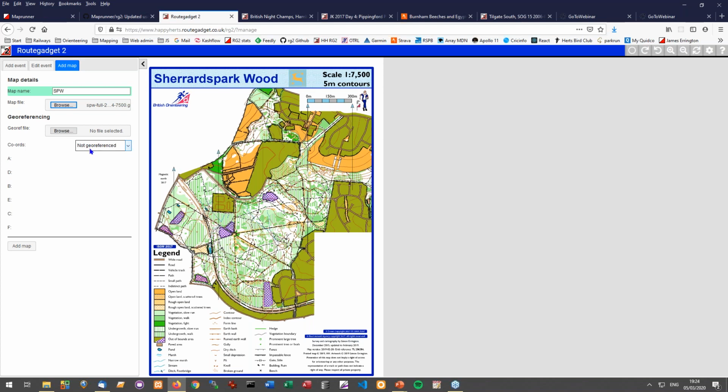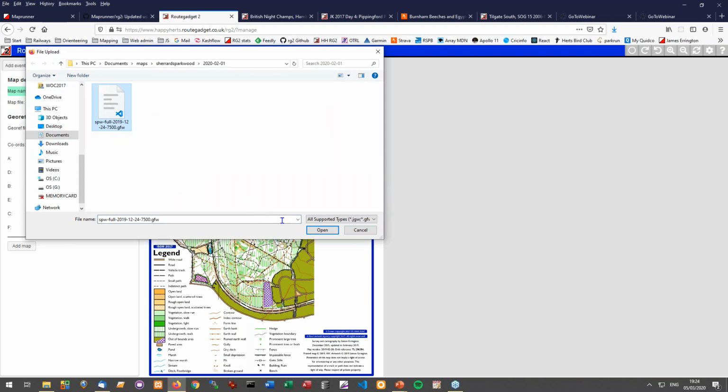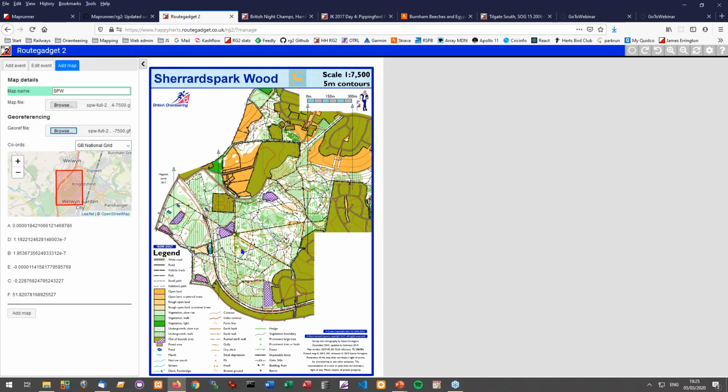So you need that. Hopefully, as I said, a lot of clubs are moving on to georeferencing. So there's a separate georeferencing file just to say how that piece of paper relates to the real world. This is an example of this idea that people can contribute. This little function over here shows you where you've told it the map is, and makes sure you've actually